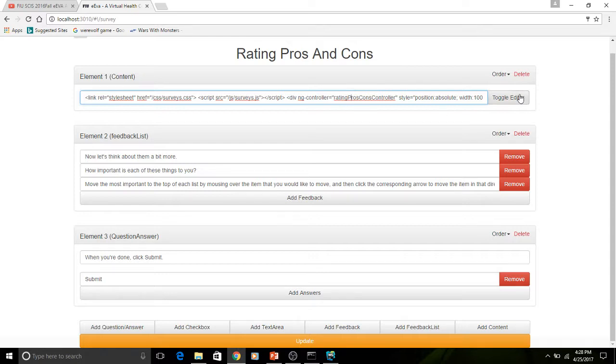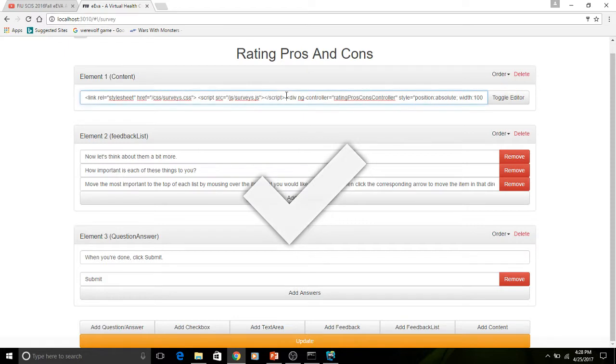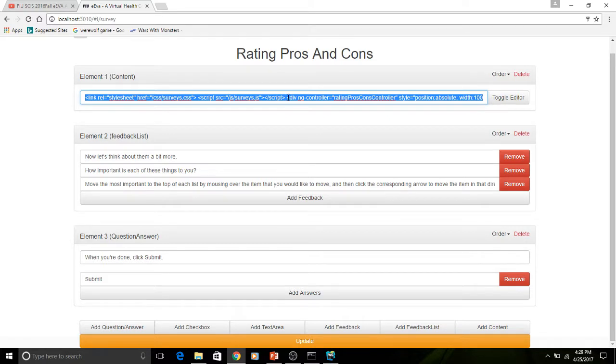For example, here, if you toggle the editor, you will see what that survey will look like. In order for you to edit this, you will have to Control A, copy and paste it somewhere else, and then make the changes. You can also add links to external files such as CSS files or JavaScript files, so it's easier, and you can actually